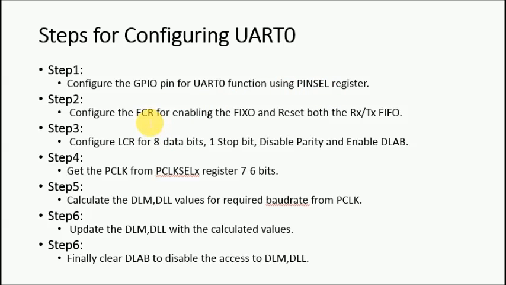Then we have to use the control register to enable the first input first output FIFO buffer, and that is going to reset the receiver and transmitter buffer. So basically the FCR is used here for resetting the TXD and RXD, and that will flush the buffer. Then we have to configure the LCR, the line control register, and here I am going to configure 8-bit mode. So it will transmit the 8-bit data along with one stop bit, and I am going to disable the parity because there is no parity, but I am enabling the DLAB.